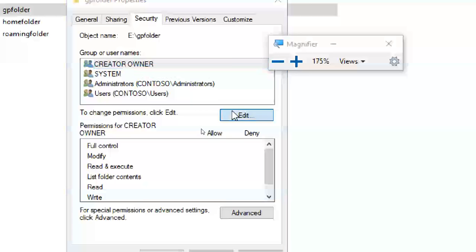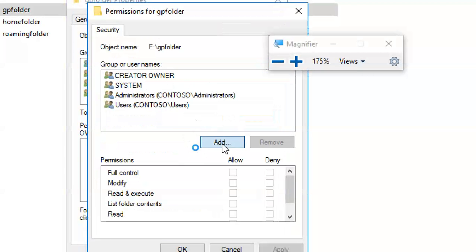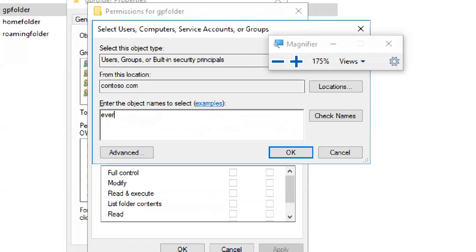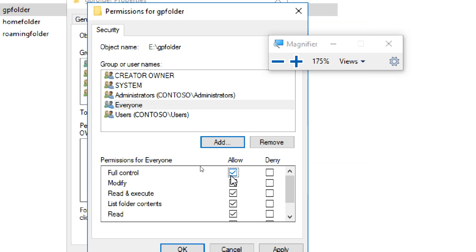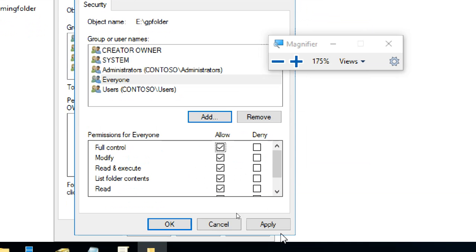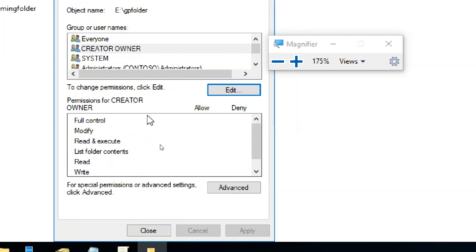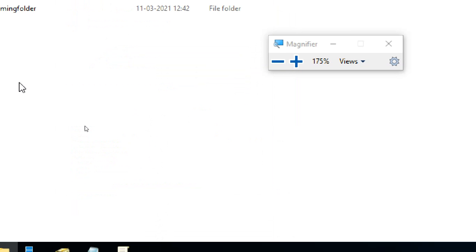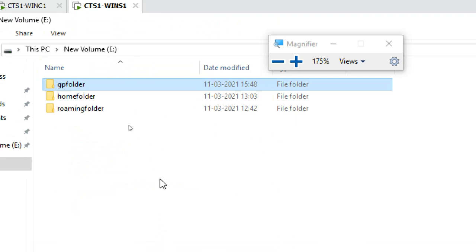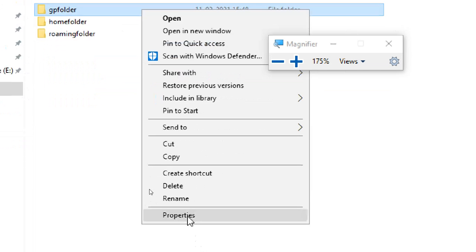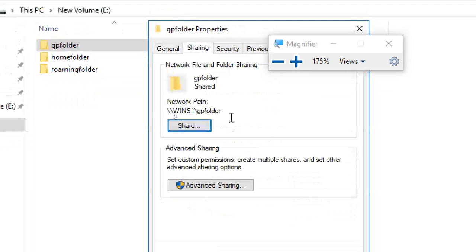Security is required. Edit, add everyone, because when we test it, better with no security. Give all permissions for testing time only, then you can increase the security.